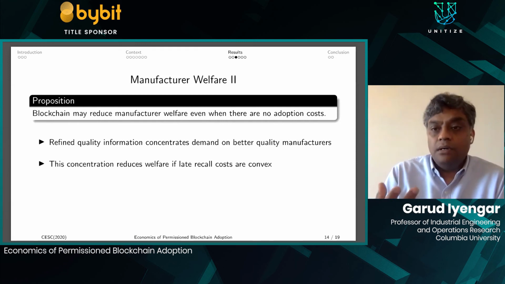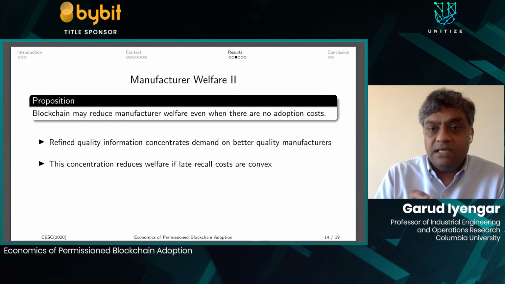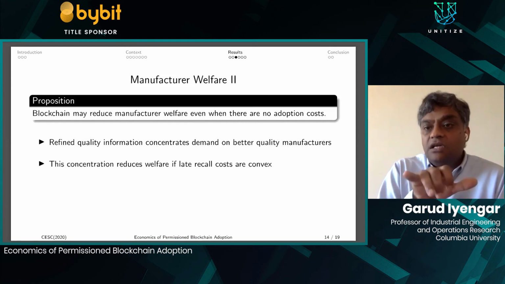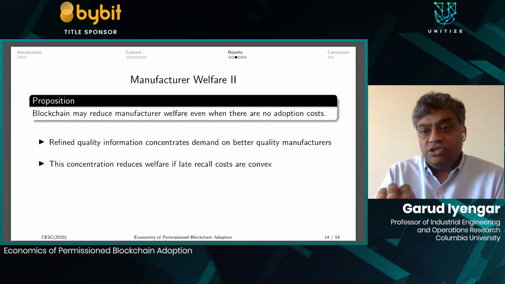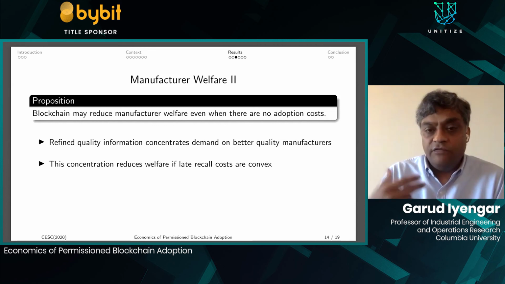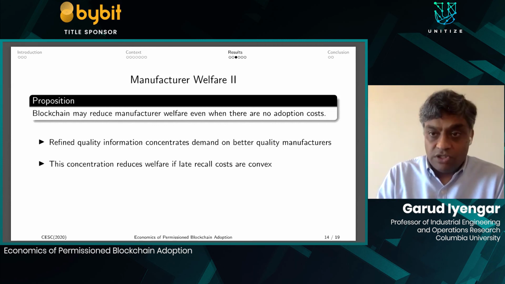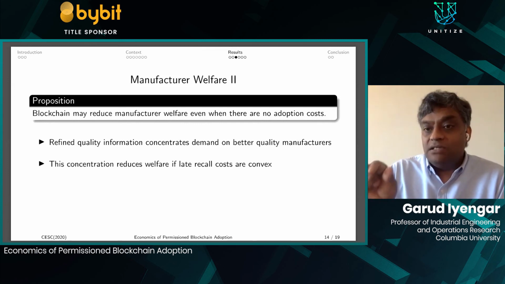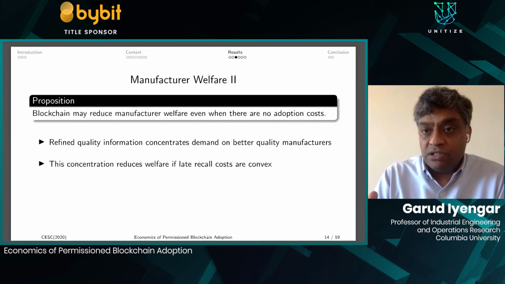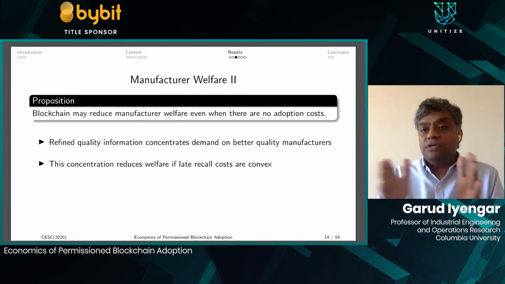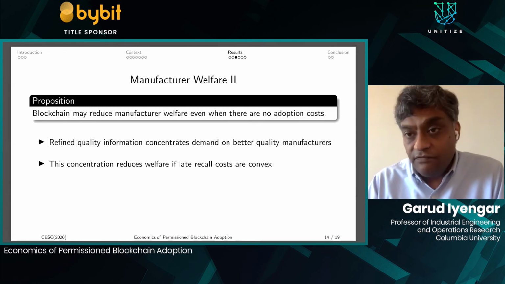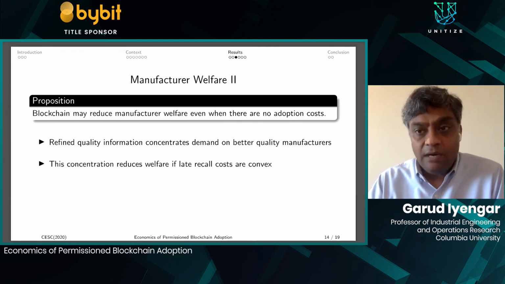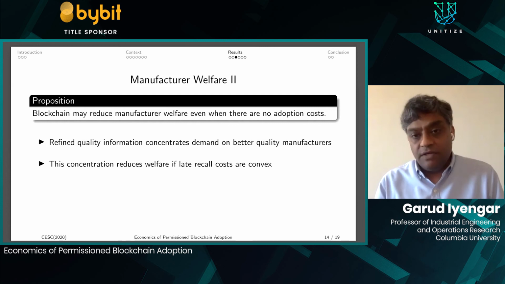The way to think about this is that if earlier the demand was spread out, then there were, let's say, n different manufacturers that were independently looking for faults. Now, because of a concentration of demand, that number has dramatically reduced. As a result, when you're taking the minimum of the detection time, you're taking a minimum over a much reduced set. And as a result, if the reputation costs are large enough, you end up actually seeing worse behavior.